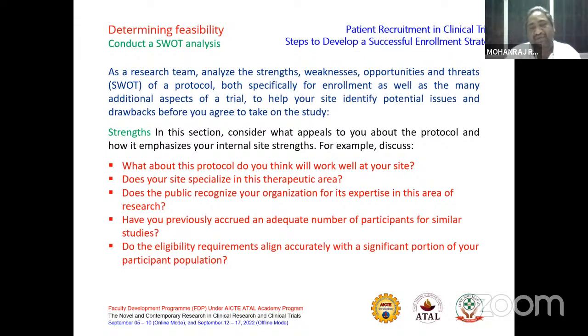The investigator has to take the pains to elaborate this to each and every member of the clinical research team, where they discuss the strengths of the research, how the protocol has been detailed, and which area of research we are going to focus on,